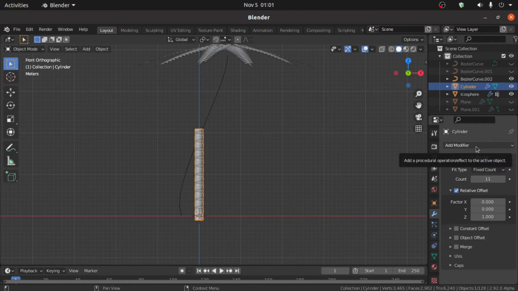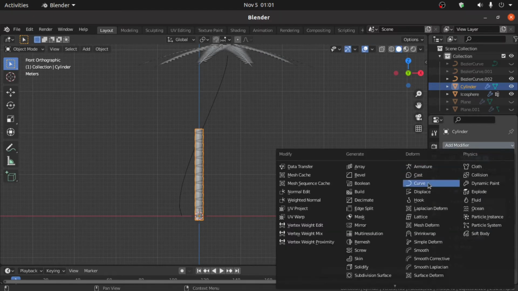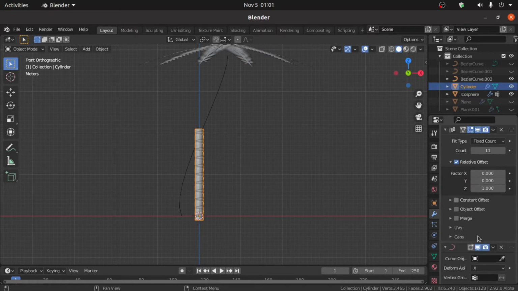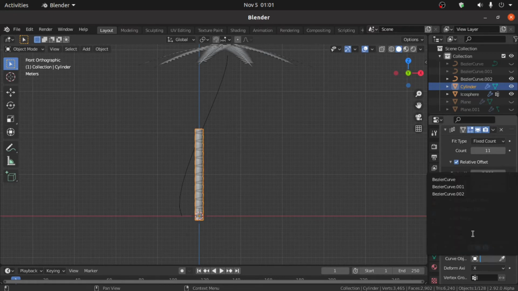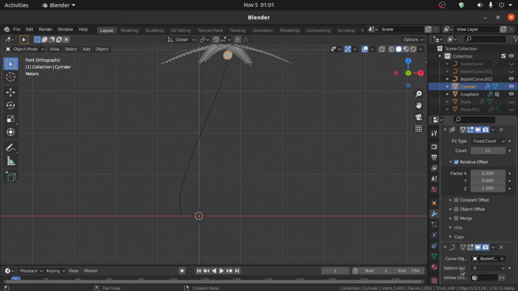Again click on this add modifier, and under this curve object select here last Bezier curve and change its deformation axis, that is z axis.